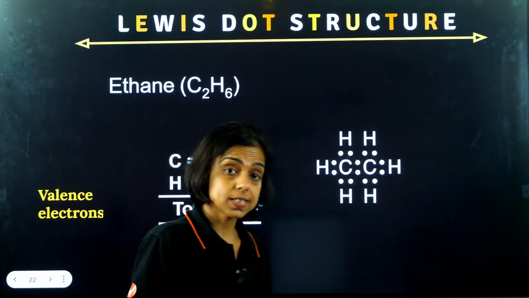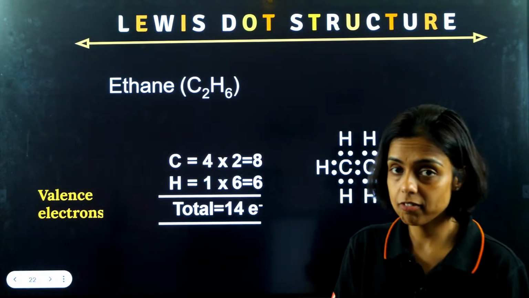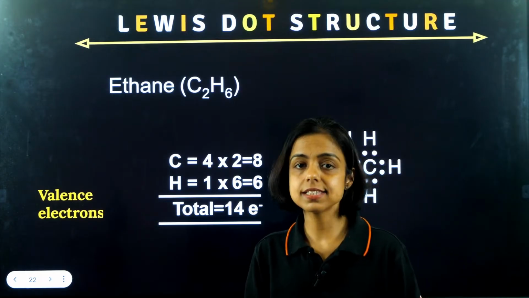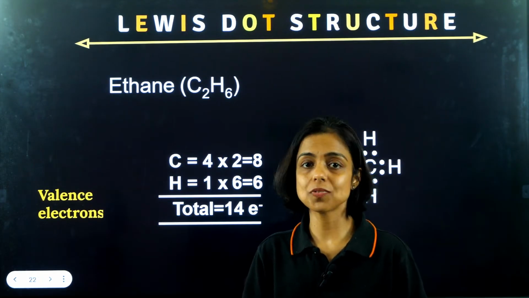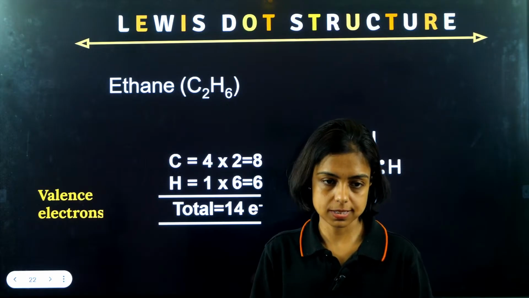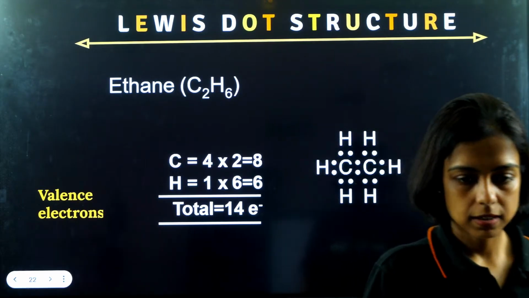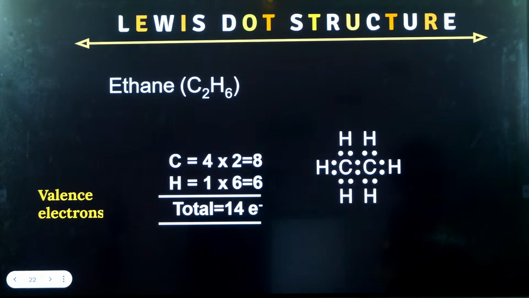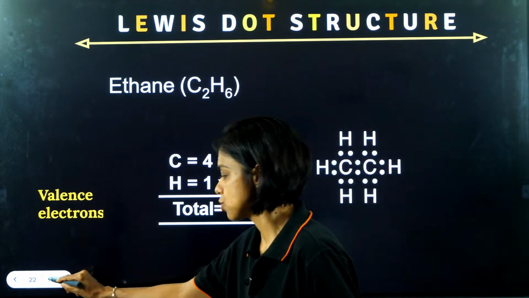So Lewis says every atom has a tendency to complete its octet. That is why they are making chemical bonds. We'll do hybridization later, in chemical bonding and a bit of it in organic chemistry. Right, guys? Now, tell me,